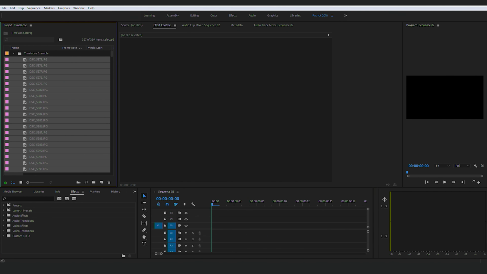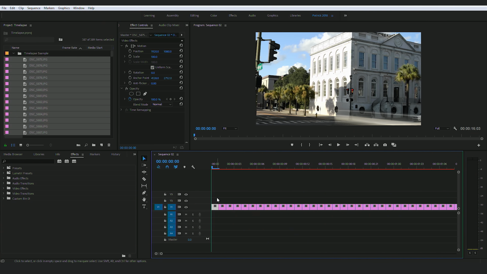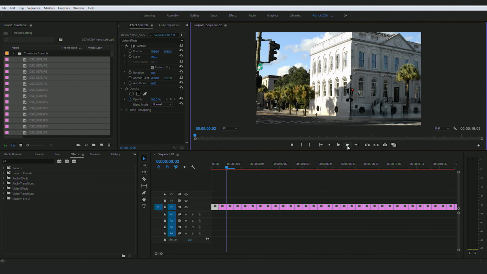And let me go ahead and move this over here. And we're just going to select the first JPEG and drag all of them into our timeline. Now on this computer, if I hit the forward step 1 frame button, you're going to notice that every single image takes up only 1 frame. So let me show you a setting that you need to adjust so that every one of these images imports